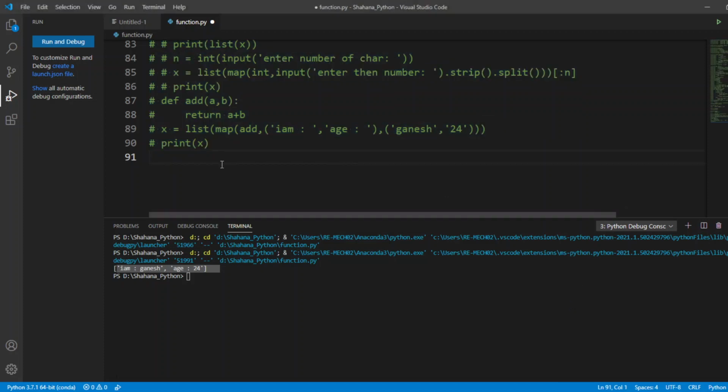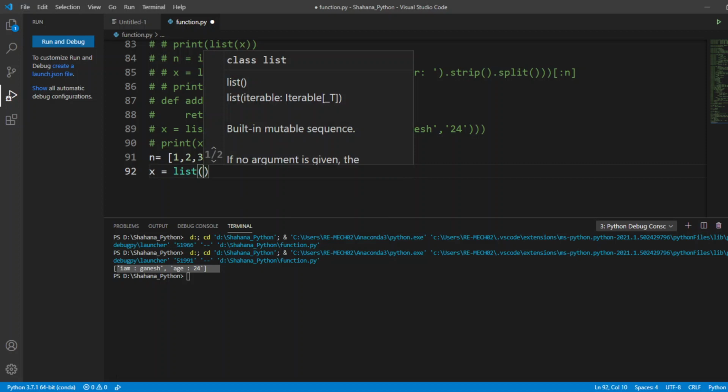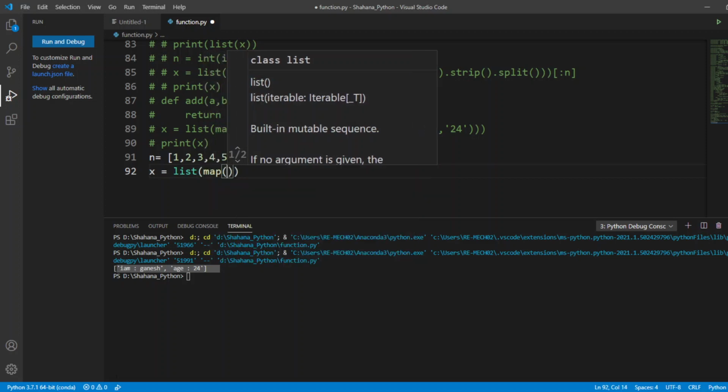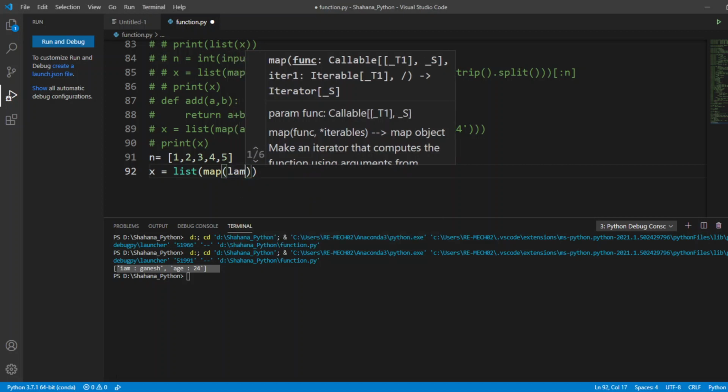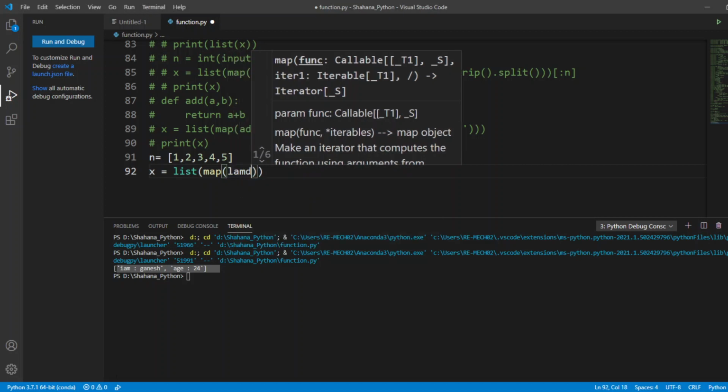First, I'm creating a list here. It's going to be a normal integer list, with a variable n. Then I'm assigning a variable x where I call my list inbuilt module and my map function, and inside my map function I'm going to name my lambda.